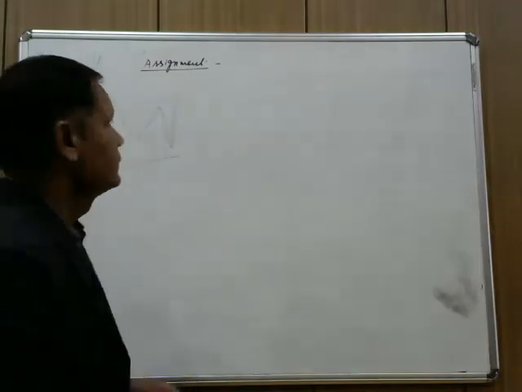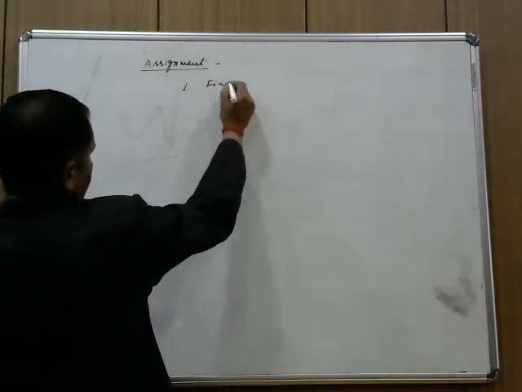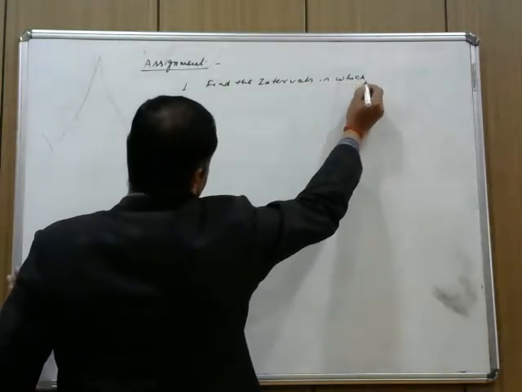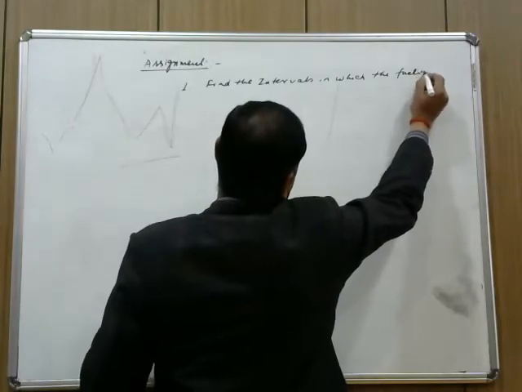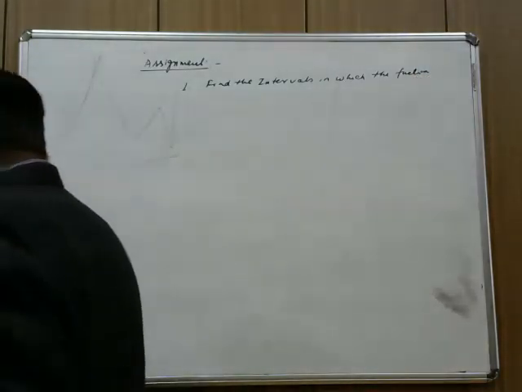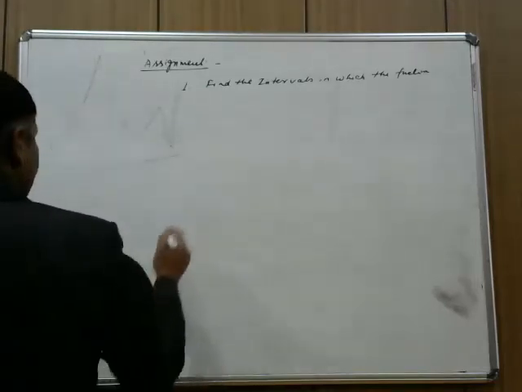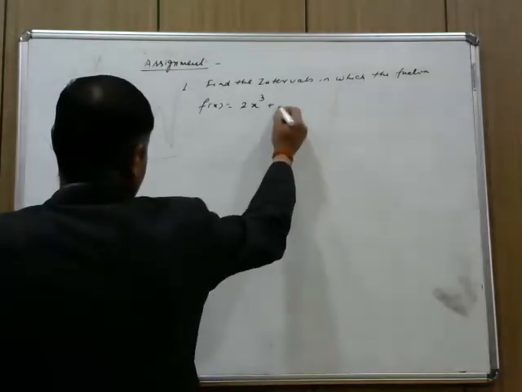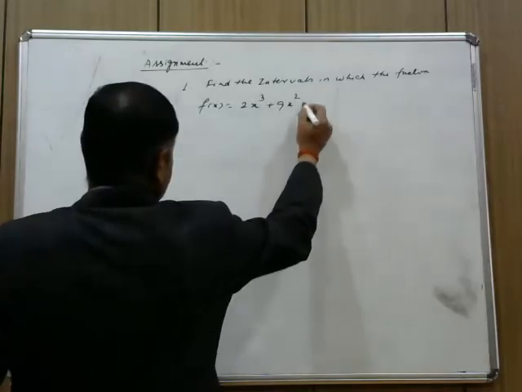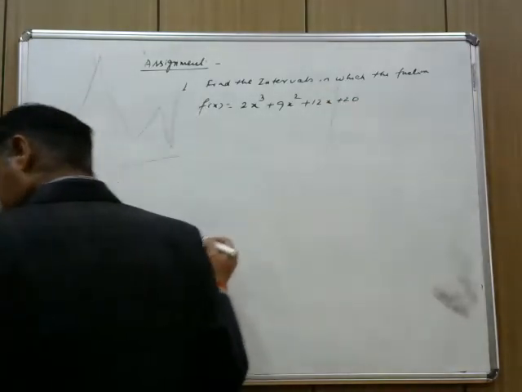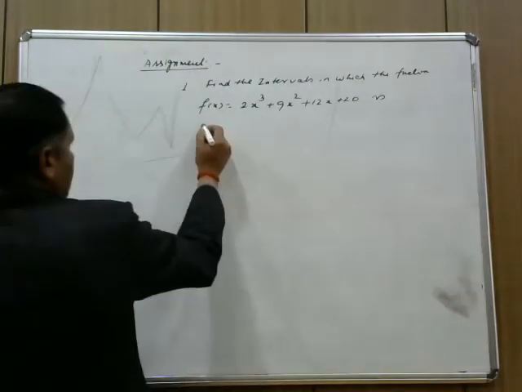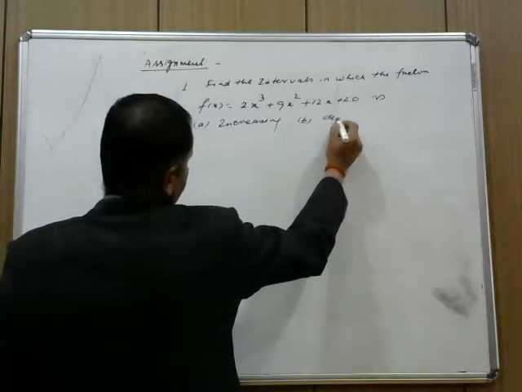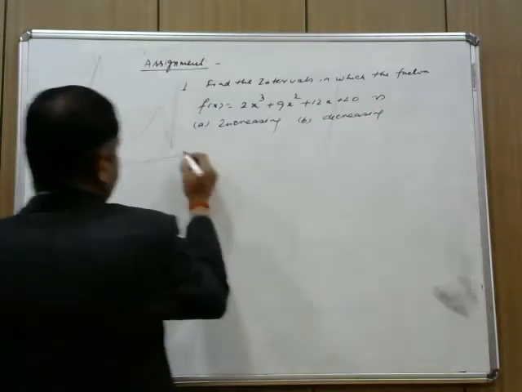Find the intervals in which the function f of x is equal to 2x cube plus 9x square plus 12x plus 20 is increasing and decreasing. Okay. The second question is